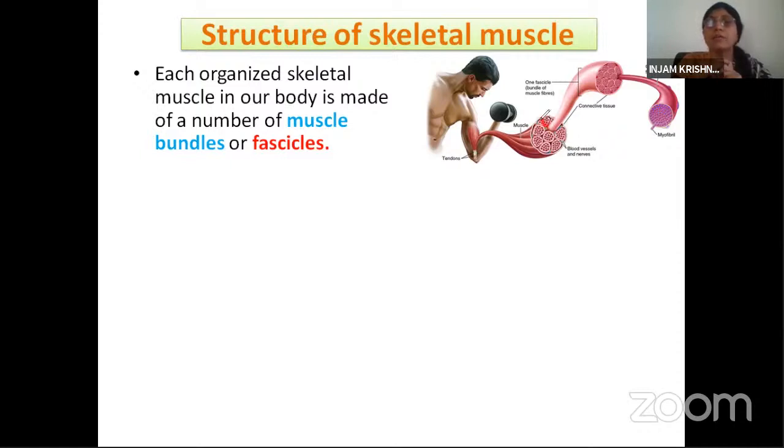Yes, this is one muscle bundle, and this is another muscle bundle. All are muscle bundles or fascicles. So in the belly of the muscle, a number of muscle bundles are present. These muscle bundles or fascicles are all held together by one sheath or one membrane. What is that membrane? That is